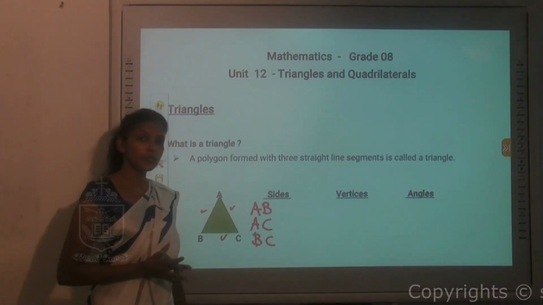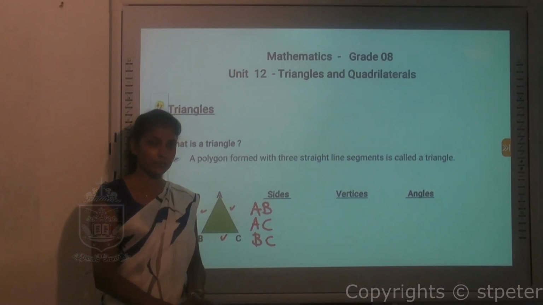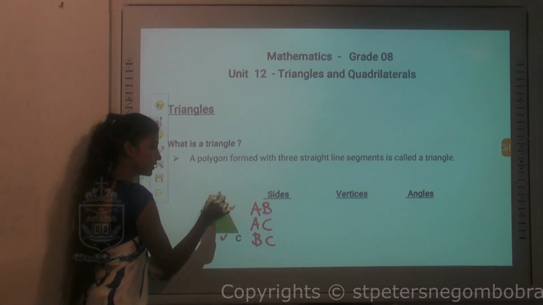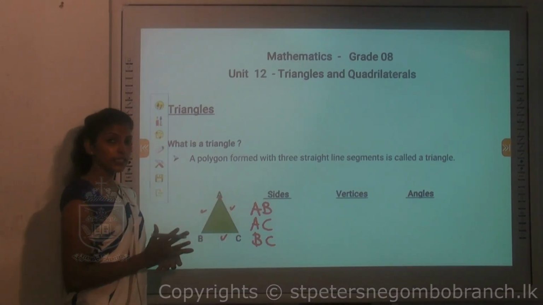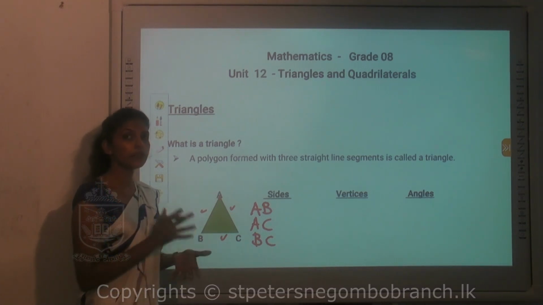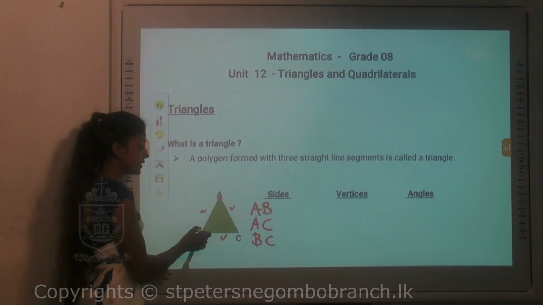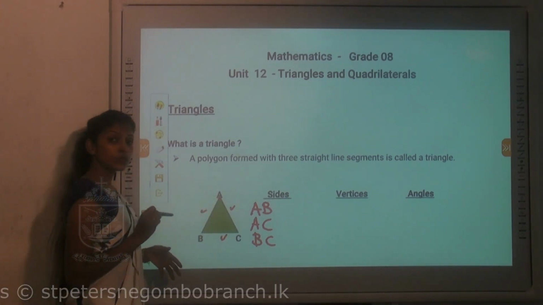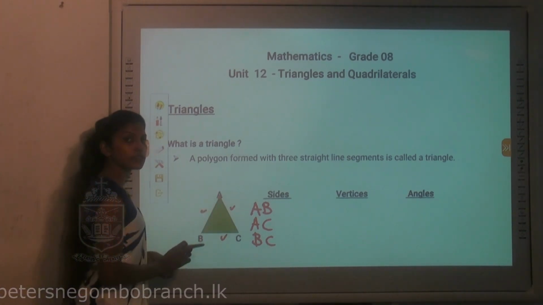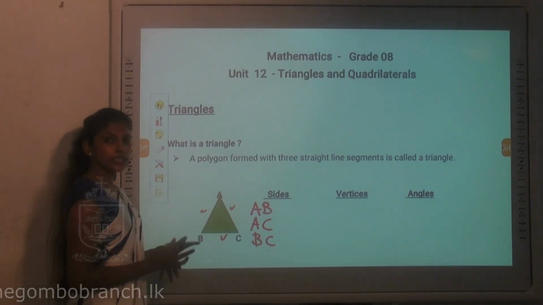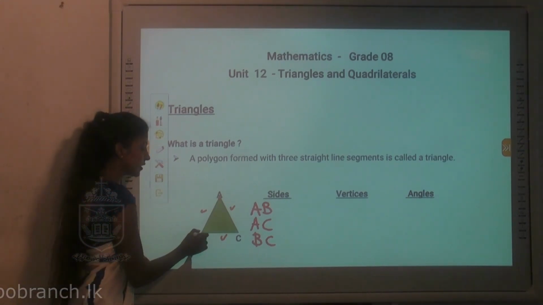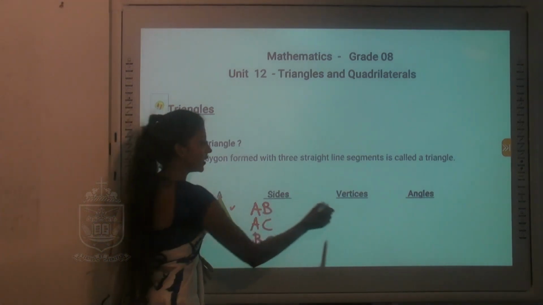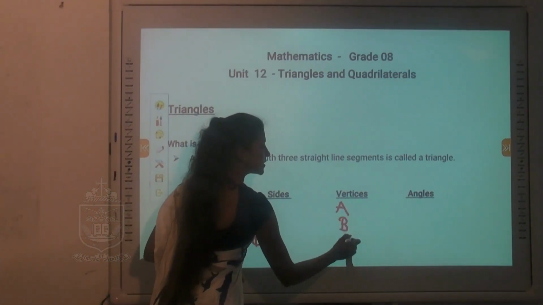Then when we are discussing the vertices, what do you mean by a vertex? Vertex means, let's think of this point. Vertex means the intersection point of two straight line segments. Now let's think of this straight line and this straight line. The two straight lines will meet at this point. So that is where a vertex is formed. So here's another vertex and another vertex. So there are three vertices in a triangle. They are A, B, C.